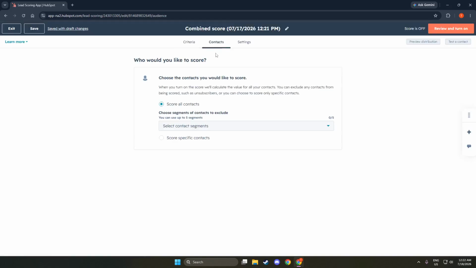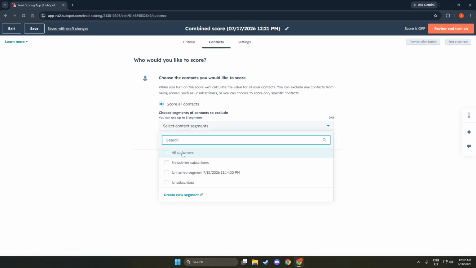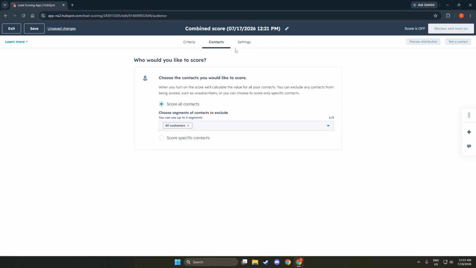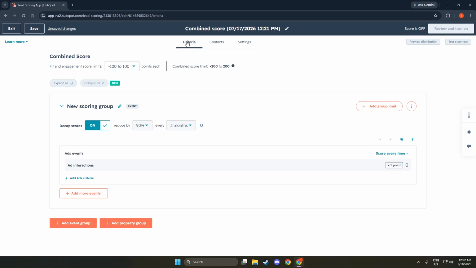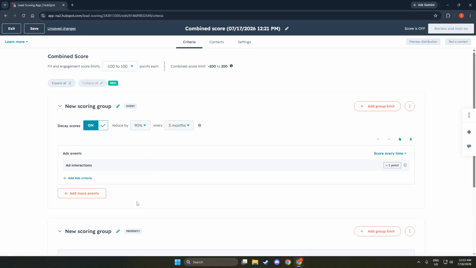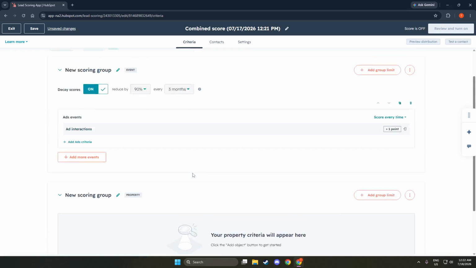Next, we have the engagement score. This option scores records based on events and activities. Examples include email clicks, page views, and form submissions. Engagement is a key indicator of interest and intent. Tracking these actions can help you understand how actively leads are interacting with your brand. This insight allows you to tailor your follow-up strategies more effectively.